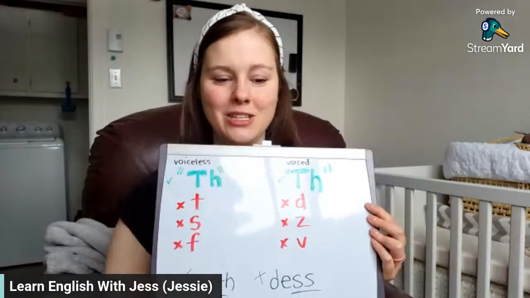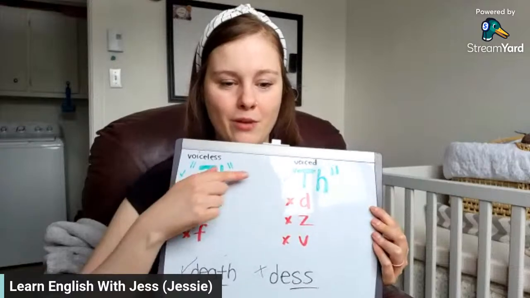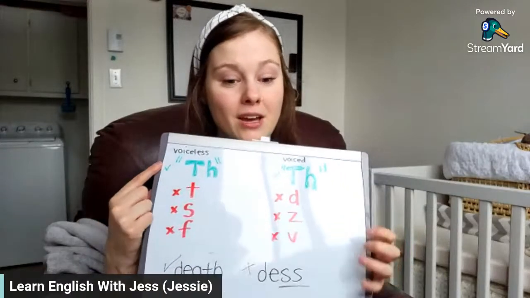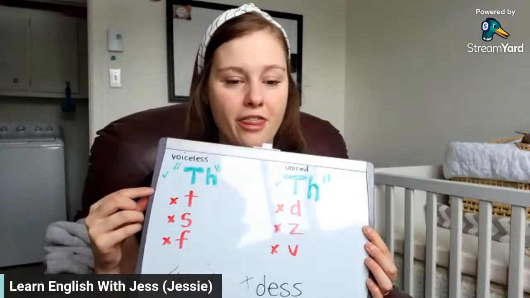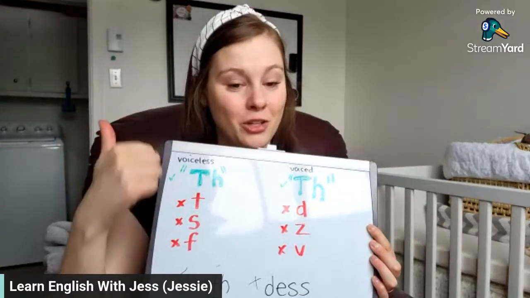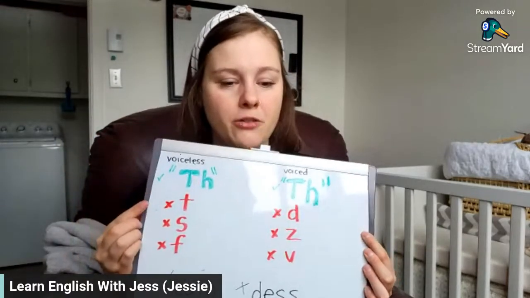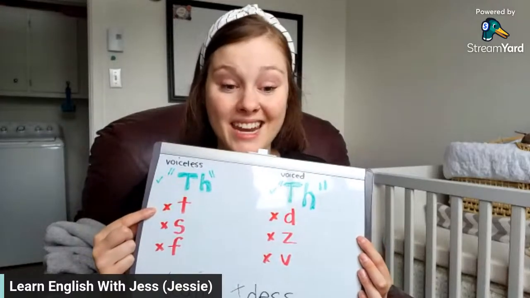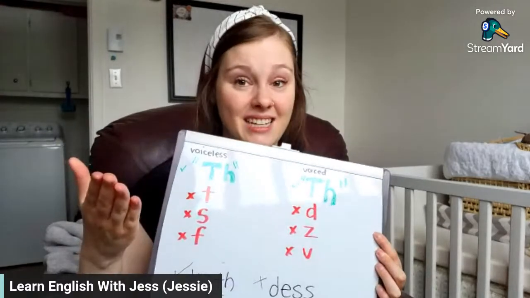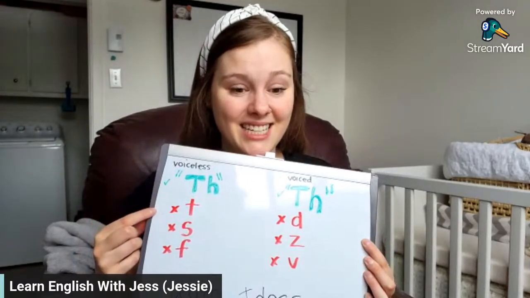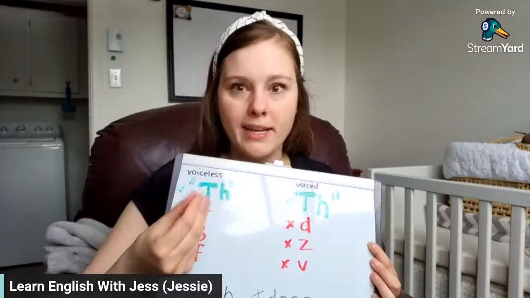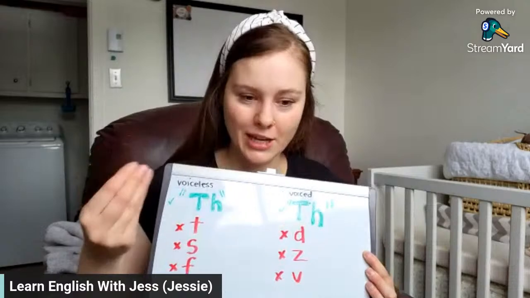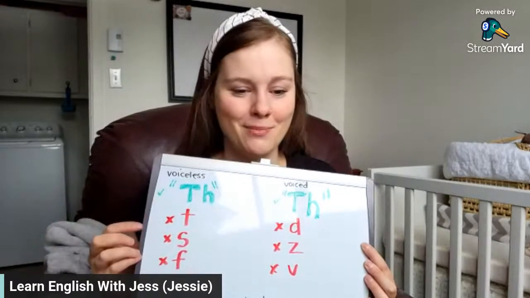Let's try this with the word death, with the correct sounds and then the wrong sounds. So you have death, death, the good way, the correct way. I said the good way, you say correct. Then debt, debt. Tongue is not between your teeth. And debt is when you owe money to somebody. So if I owe money to the government, I'm in debt. It's not a good place to be.